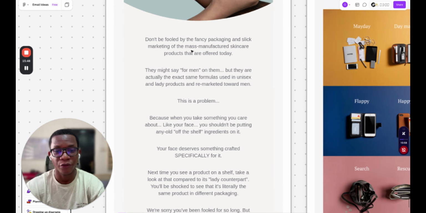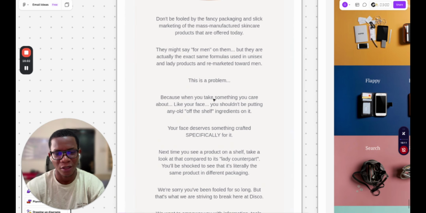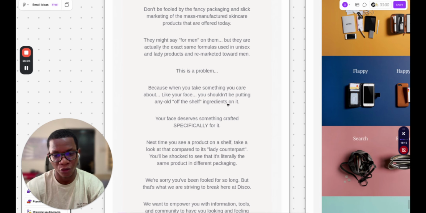So you can see, don't be fooled by the fancy packaging and sleek marketing of the mass manufactured skincare products that are offered today. They are marketed as safe for men, but they are actually the exact same formulas used in unisex and lady products and remarketed toward men. This is a problem, because when you take something you care about, like your face, you shouldn't be putting any